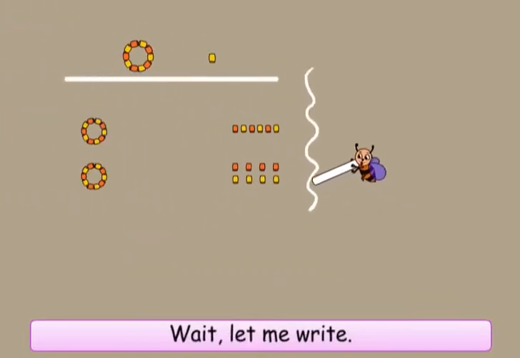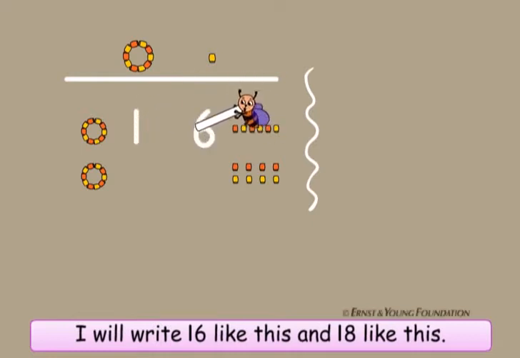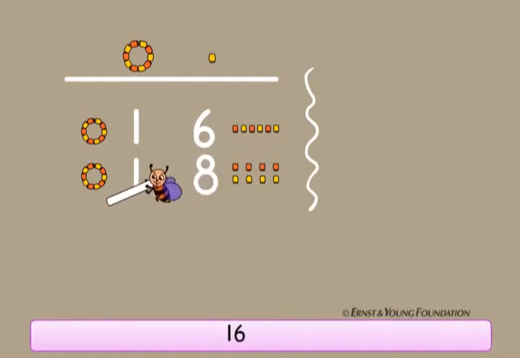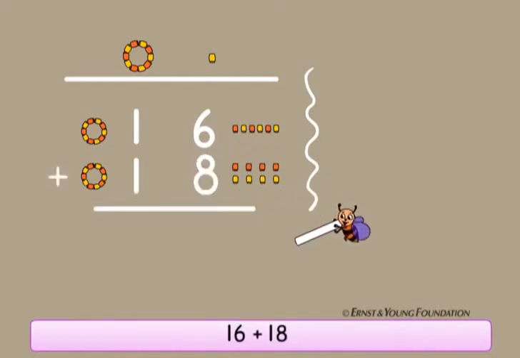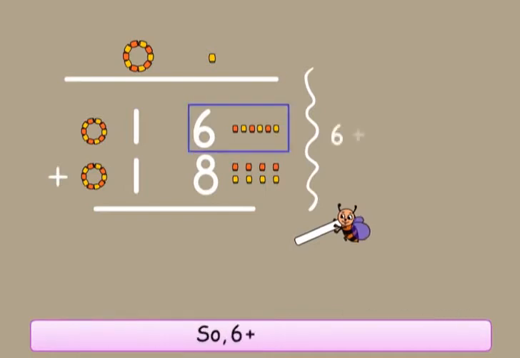Wait, let me write. I will write 16 like this and 18 like this. 16 plus 18. Now I have to add the loose beads first.